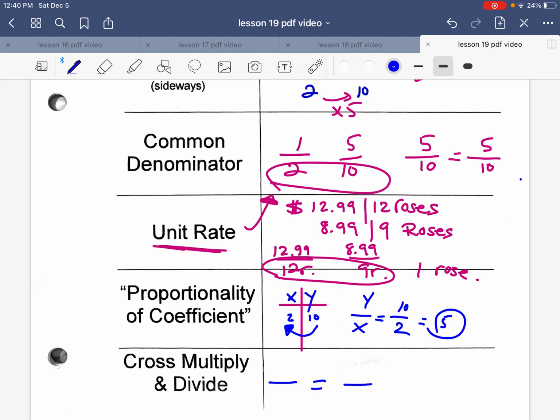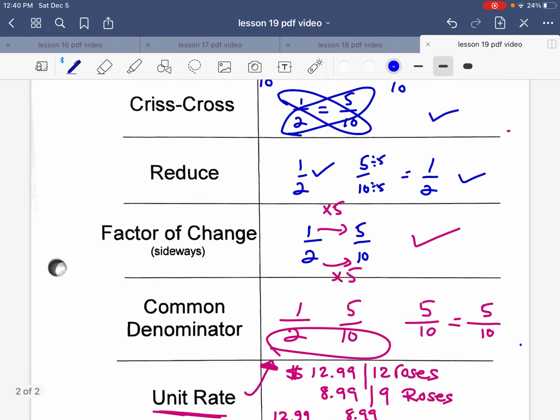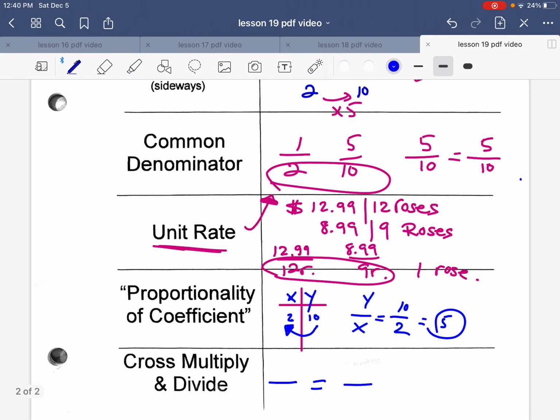So let's say you have a problem solving situation. They talk about, if I look at the top of the page there, no, I can't really use any of those numbers. So let's say I look at the rose question, and they're talking about $12.99, and you have 12 roses, and that's being compared to 9 roses for $8.99. If you hide one of these and you do